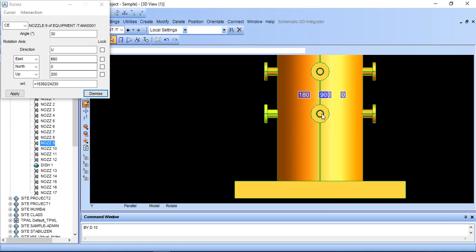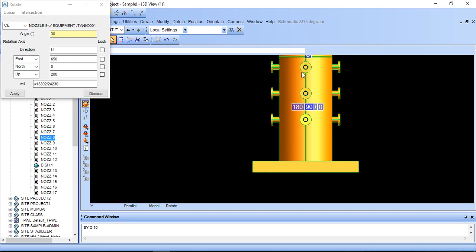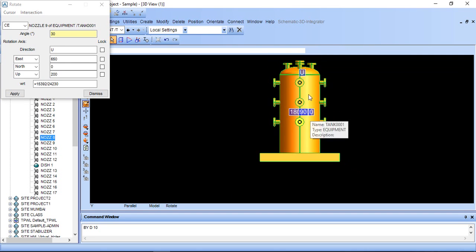Look north side, and I am giving 45 degree, 30 degree. Direction is up, axis is upward direction, but if our axis is upward direction, it will rotate like this, around this.